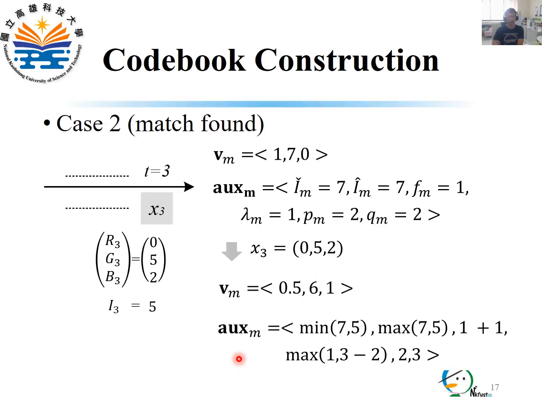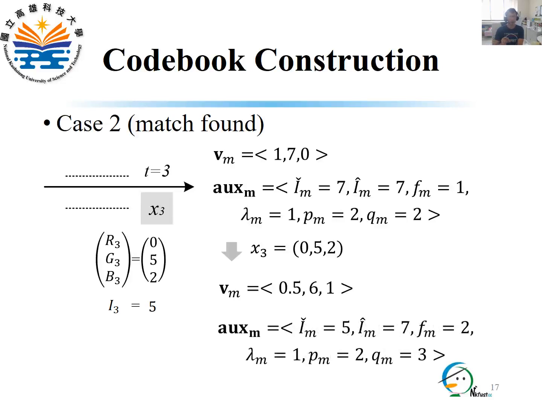Similarly, we update Aux as in this equation. After simple calculation, we get the updated Aux. By visiting all training samples sequentially, we can obtain a set of cohorts. However, some of the obtained cohorts may represent moving foreground objects.